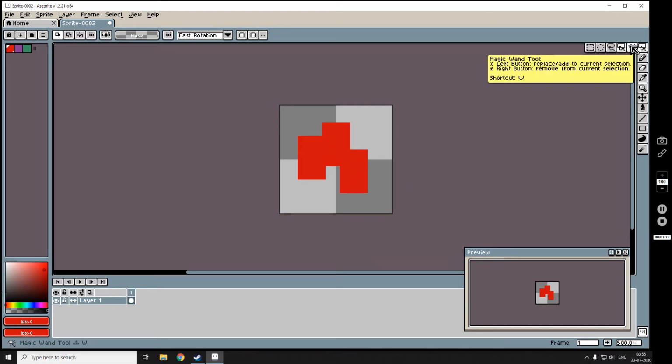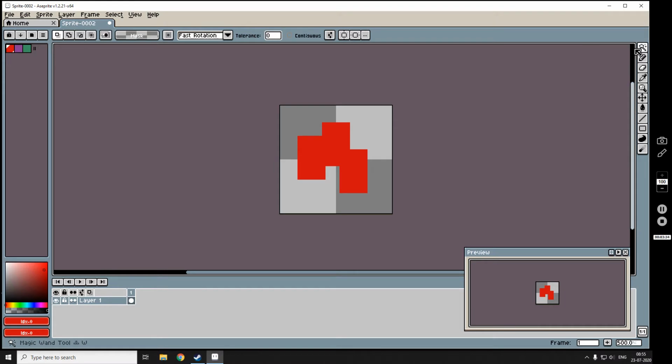Now the other one is the magic wand tool. This is really very cool because it selects one color that is in your canvas. I'll show you, but here is one more thing. For each of these tools we have certain properties right here, so you can change them according to your wish.